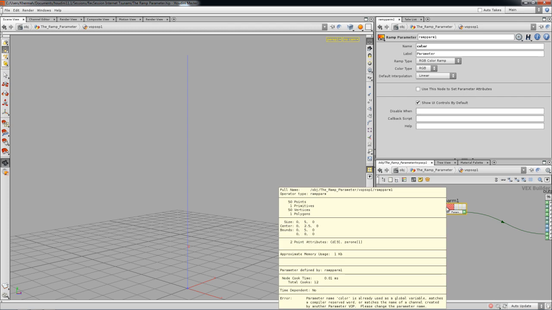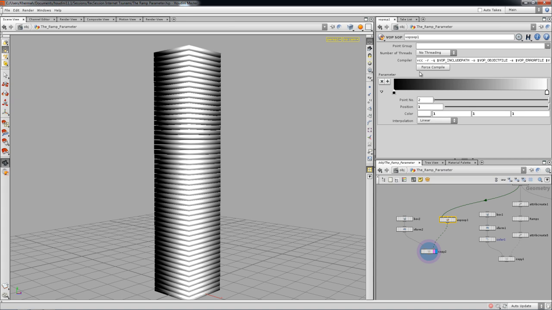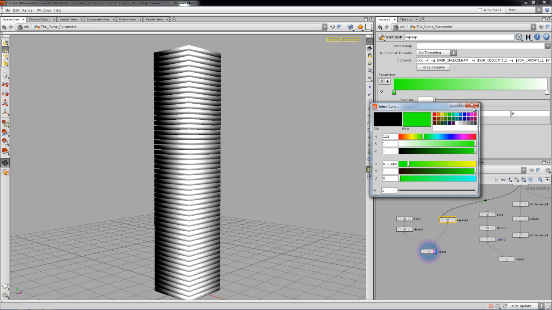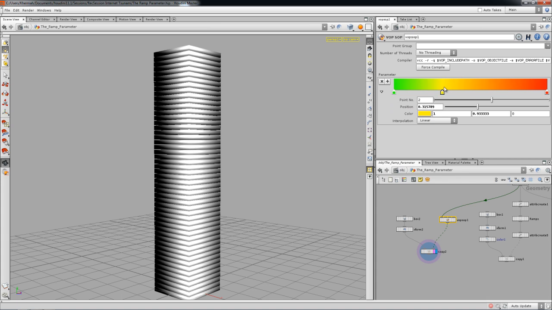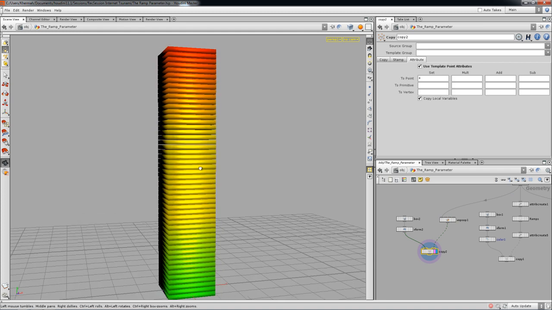So plug this in, and I got, okay, that's a global attribute. There we go. So now we got a ramp over here, which I'm gonna change the colors a little bit to the, you know, the usual Jamaican colors. And no, I'm not from Jamaica. So we got that, and the Ethiopian flag. Okay, now we can actually go ahead and use our stamp attributes to, that's easy as that,